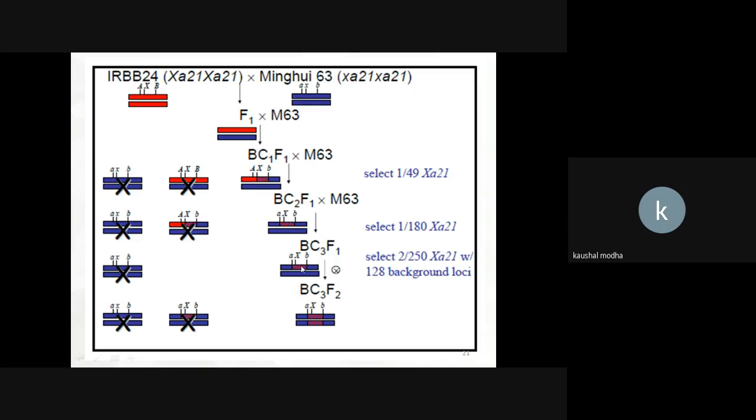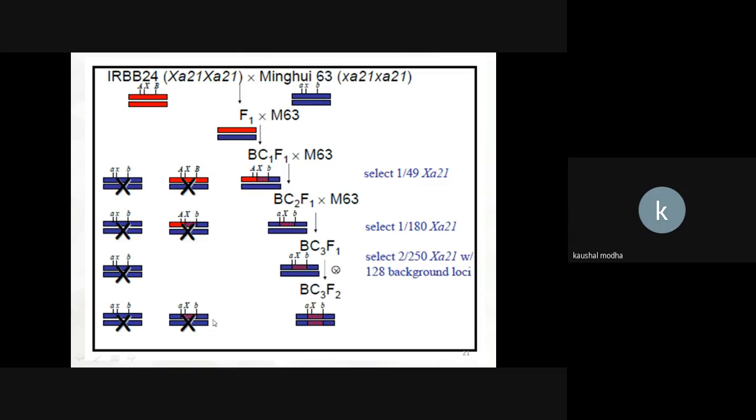So here we apply selection for target locus, that is foreground, and we apply selection for background loci. Here 128 background loci have been utilized. This is rice, so there will be 12 chromosomes total to be focused on. And when you produce backcross 2 F2, now this heterozygous locus may be in homozygous condition. So we apply selection utilizing codominant markers. We apply selection where both these recessive alleles are from recurrent parent plus the target locus from donor parent in